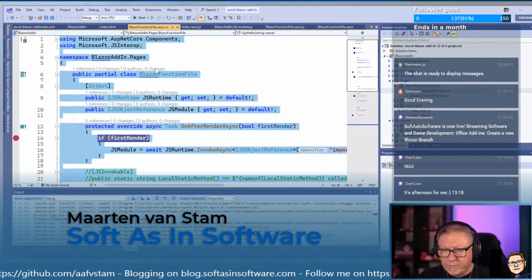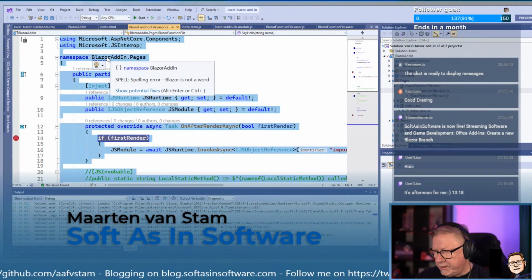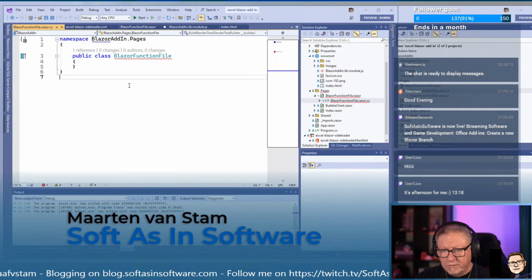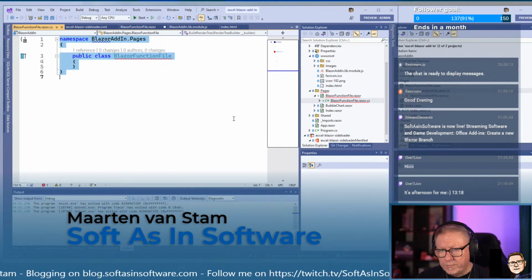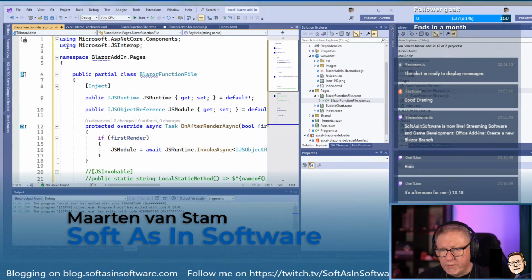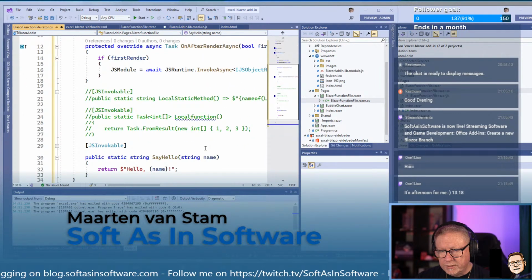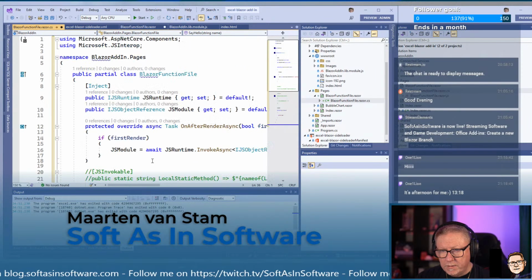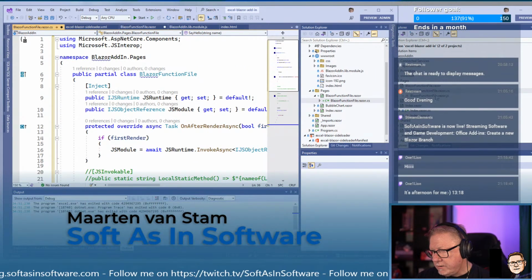Copy. Blazor add-in pages. Blazor function file, that's exactly the same, that's good. Yeah. Then